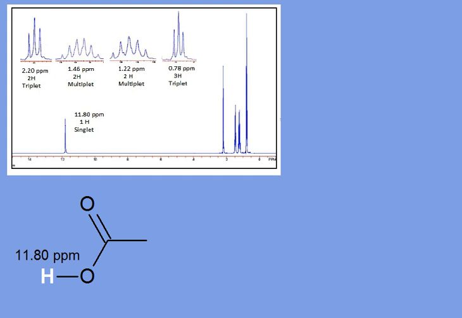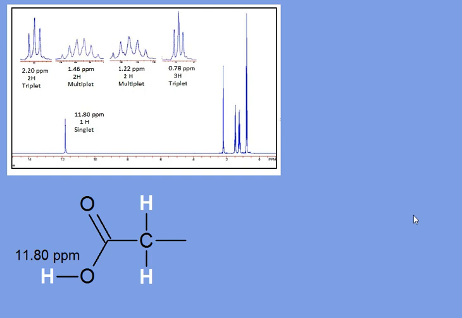Almost nothing comes close to being that far downfield. The next peak we would see would be maybe on an aldehyde at about 10. There's very little which goes that far downfield, unless there are multiple withdrawing effects pushing a peak further downfield than we'd normally expect. After that 11.8, the next peak is at 2.20,